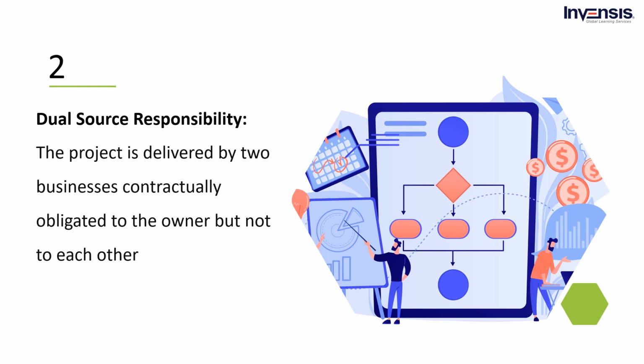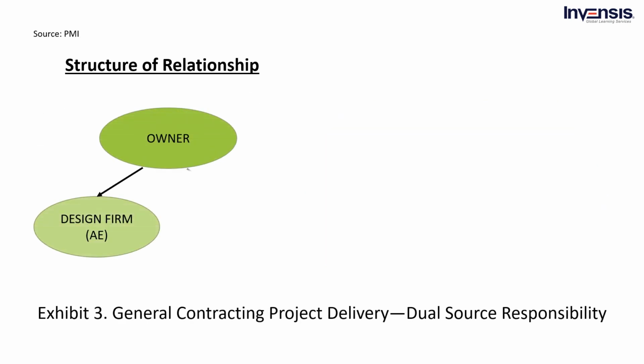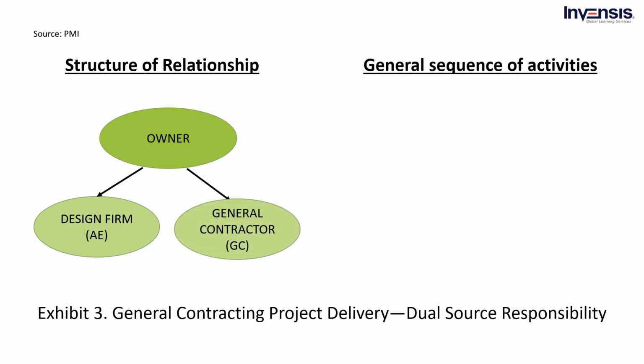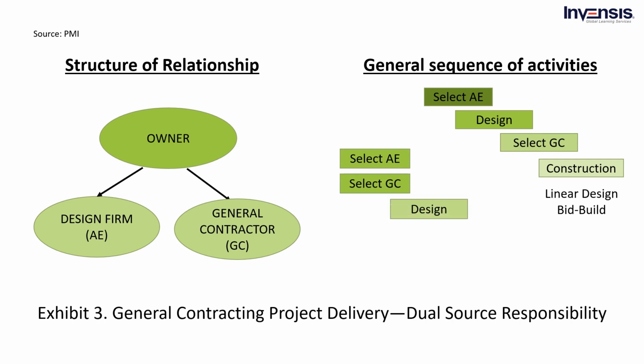Designers are often chosen via talks, whereas general contractors might be chosen through a price offer or a negotiated basis. The approach used to pick the general contractor influences the sequence of operations, which is depicted in Exhibit 3. When a general contractor is chosen based on a price bid, the activity sequence is linear, known as design bid